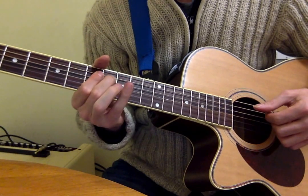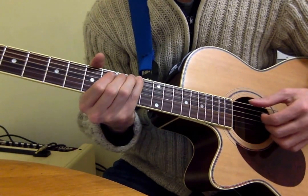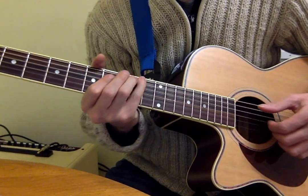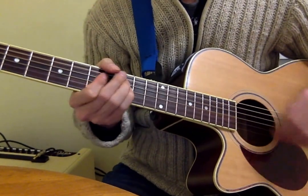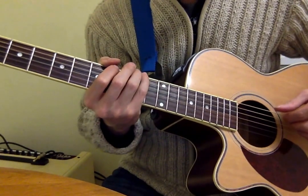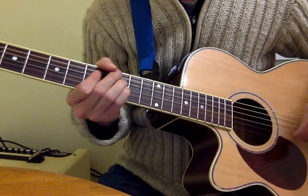8th fret, 7th fret on the A string, and coming to the 10th fret on the low E string. And I'm doing that with my little finger, you do it with your 3rd finger, don't you? So we got... but then after that, we're going to hit that open A string. So you got...